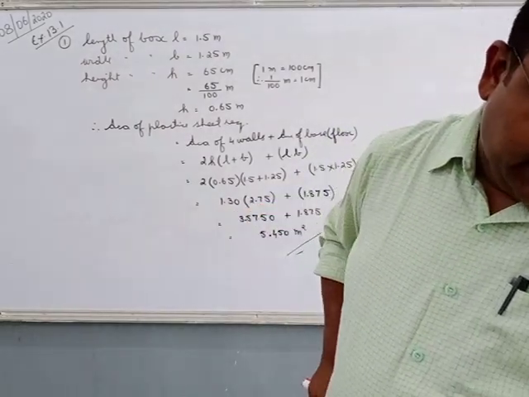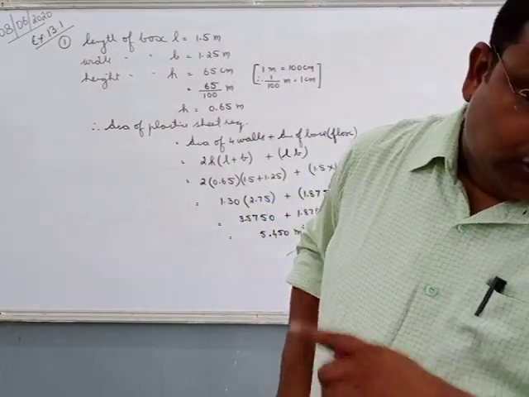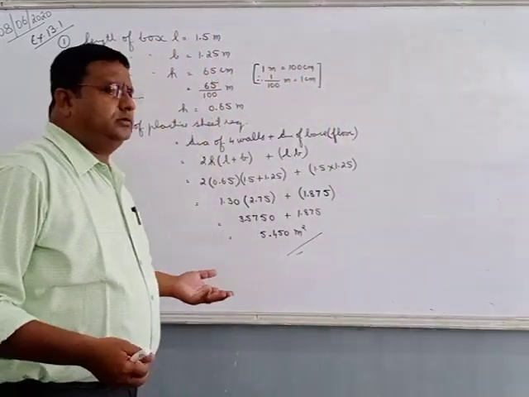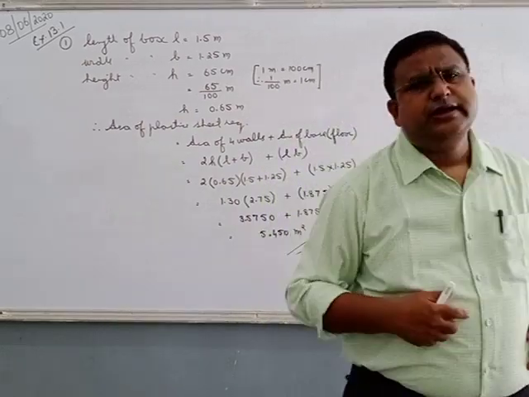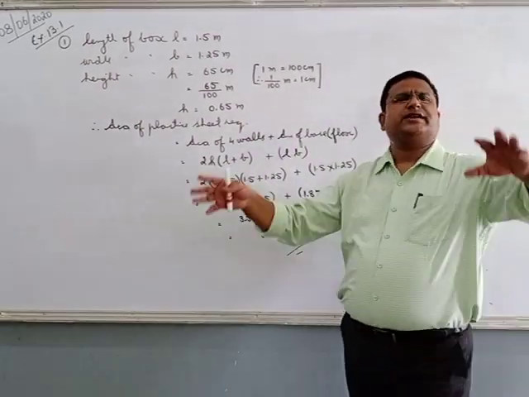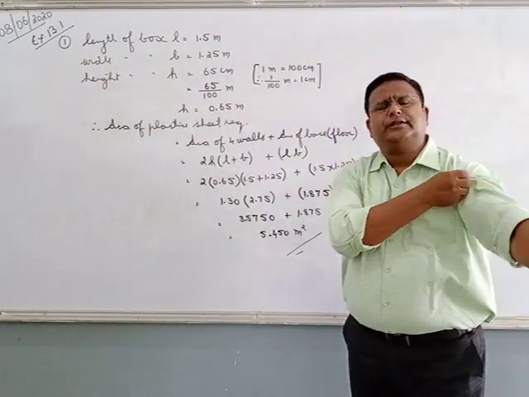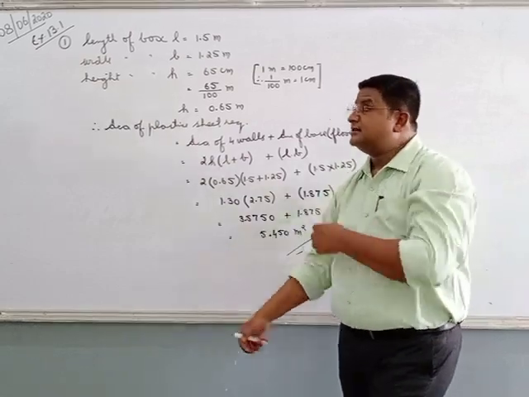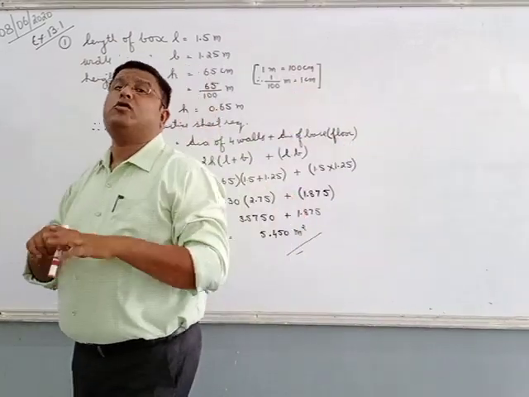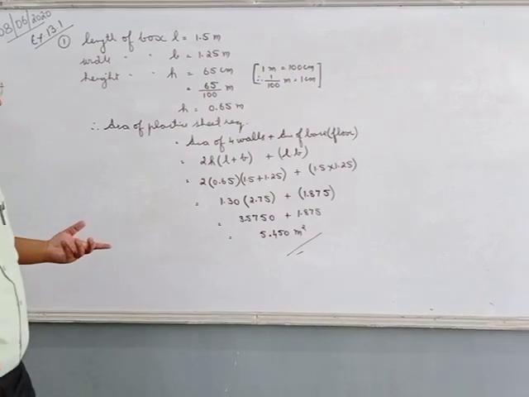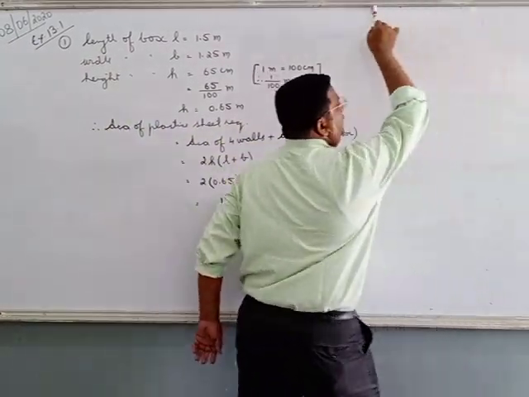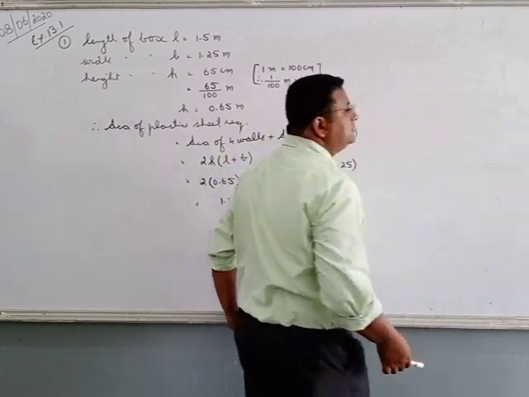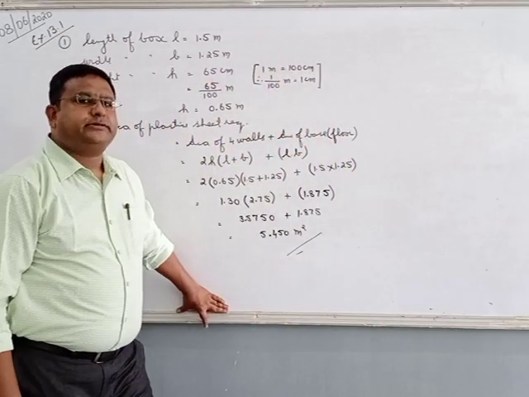Now the second question arises, sir, the cost of sheet for it. Sir, cost, all of us know. When we call a person to paint our house, he says, sir, for the entire house I charge 20,000 or 15,000. Or he says, sir, for 1 meter square I will charge 10 rupees, 15 rupees. What does that mean? So this is 1 meter square, for example. For this painting, he is going to charge 50 rupees or 20 rupees.